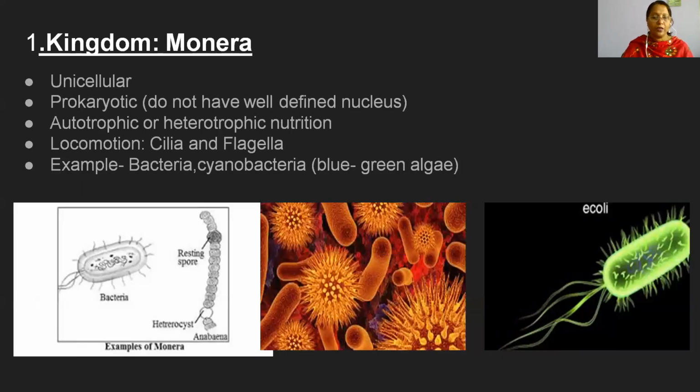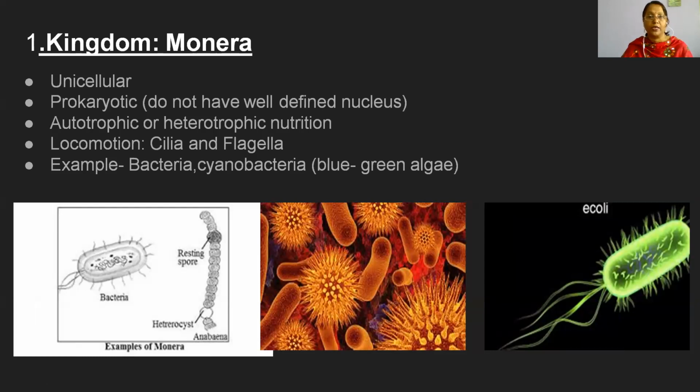Now, we will see Robert Whittaker's different kingdoms. The first kingdom is Monera. In this kingdom, all the organisms are unicellular. That means they are made up of a single cell. And the second characteristic is prokaryotic. The organisms are prokaryotes. That means they have